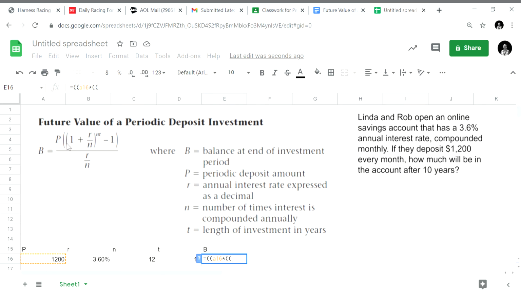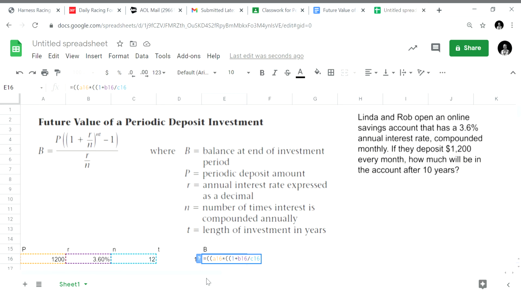There's a 1 plus R divided by N. R is the interest rate, which is B16, divided by N, which is C16, and then